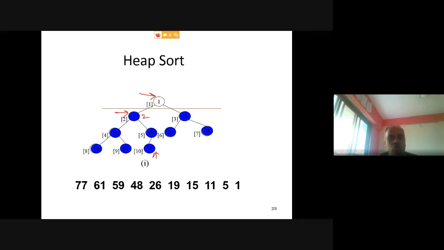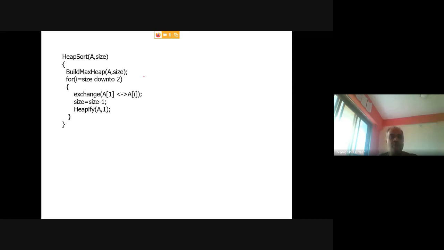You need to only, so when you are working with n, you will sort this nth place. When n minus 1, you will sort to n. So you need to move from n down to 2. So if you sort all elements till this position 2, first element will automatically get sorted. It will remain with the smallest element, right? So you will get a sorted array, right? So elements are now sorted. So this is how you are working. So this is the algorithm, right, of heap sort.